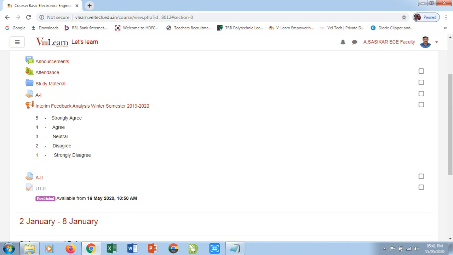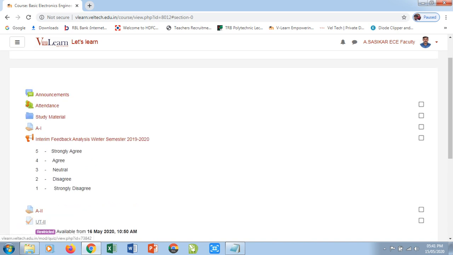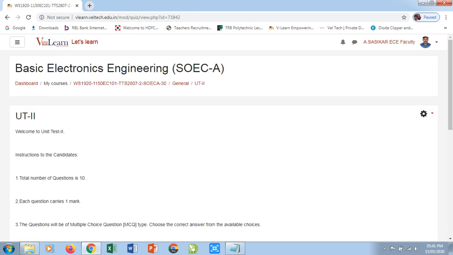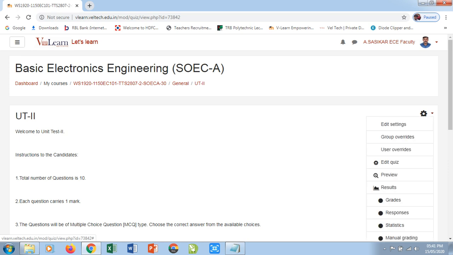Again we need to do one more verification. Again you can click UT2 tab, then go to this settings icon, and from the drop down list you can select edit quiz, or you can press the preview button.